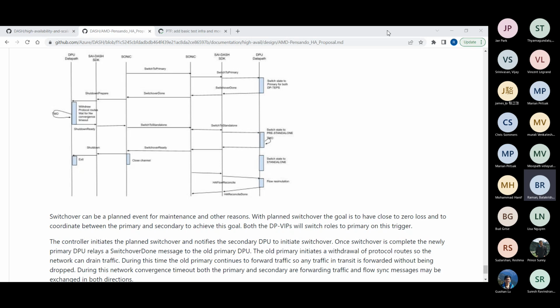But the idea is that in the stable state it is going to be active standby, based on whatever pairing mechanism we use to ensure that. And on standby, we drop packets. We don't set up the connections, which would result in flow sync requests going towards the active.